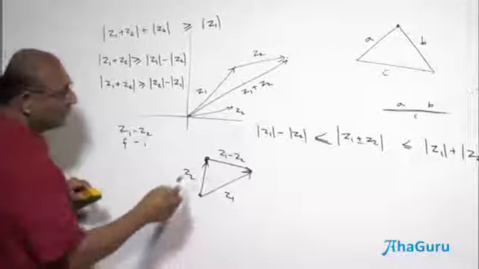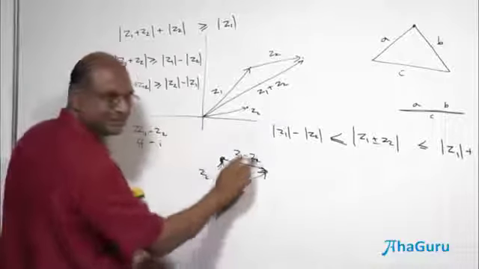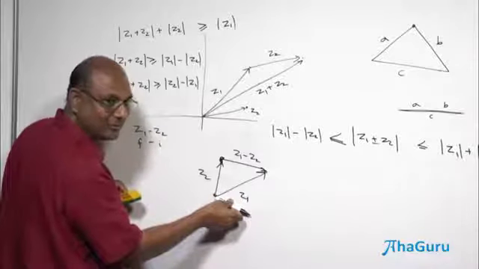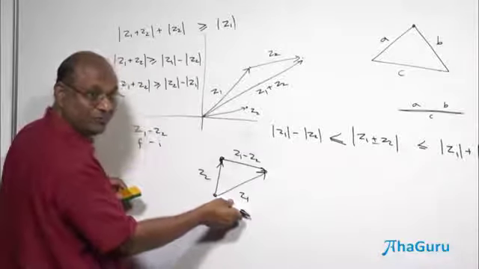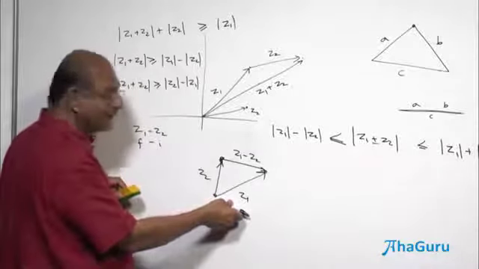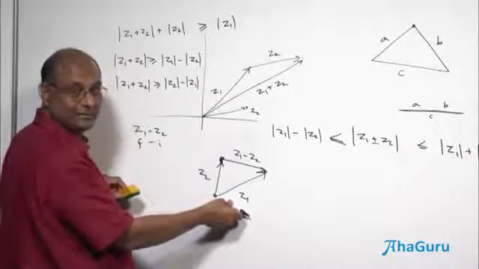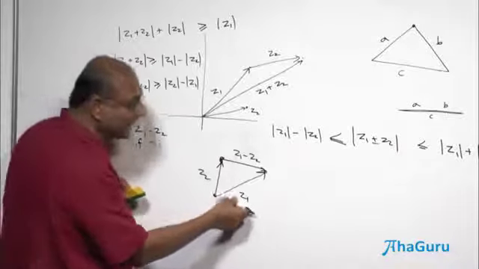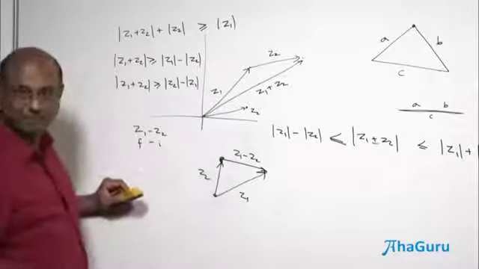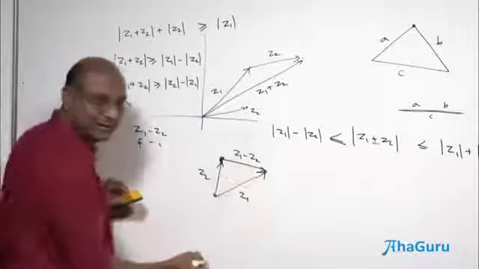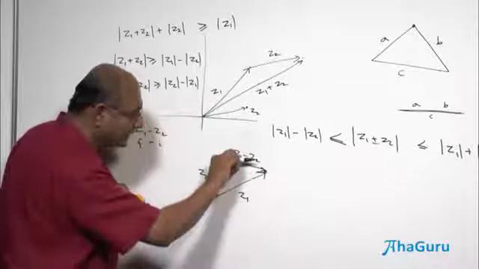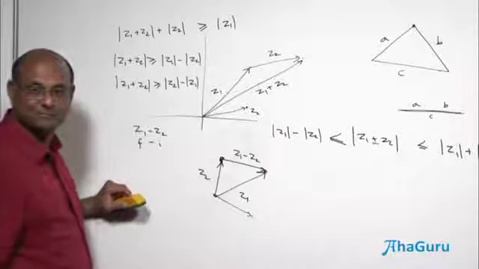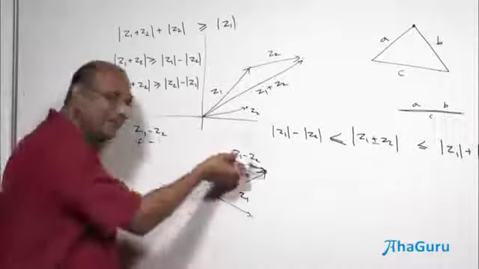Okay. So what is Z1 minus Z2? It is this difference. And actually, if you want to find out where the point Z1 minus Z2 is, you should take it down like that, because to find out where the complex number is, it has to all start at the origin. It is like a position vector. You have to bring it to the origin, so that wherever it ends, that is the complex number. So Z1 minus Z2 is not that point, because that point is called Z1. Z1 minus Z2 is this point. But the vector Z1 minus Z2 is that vector.